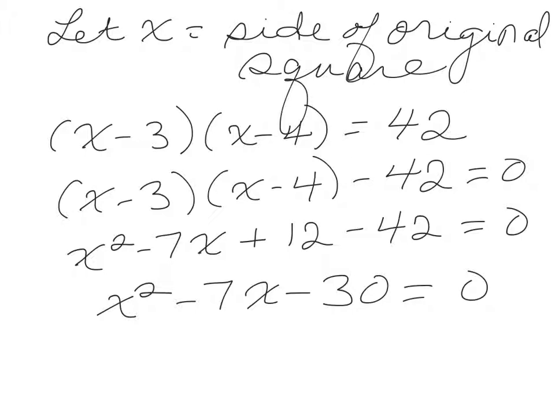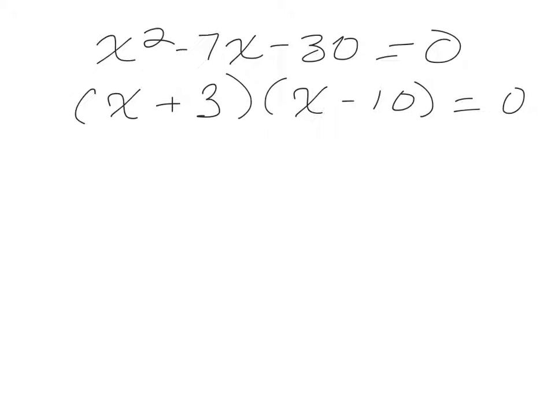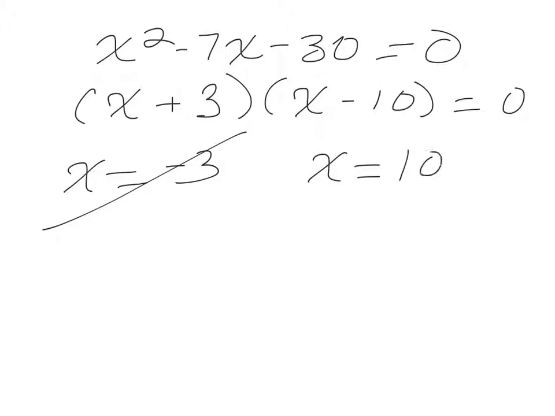This is great because now we can factor this. So let's factor x squared minus 7x minus 30 equals 0. That will factor to x plus 3, x minus 10 equals 0, so x equals negative 3. Well, that's sort of a silly response for a side of a square. So we see here that we get x equals 10, and of course that's great that a side of a